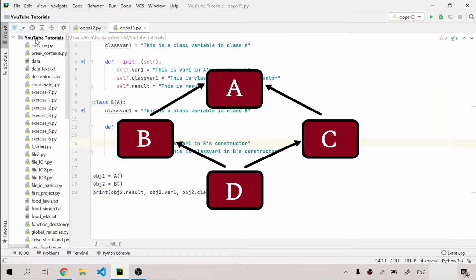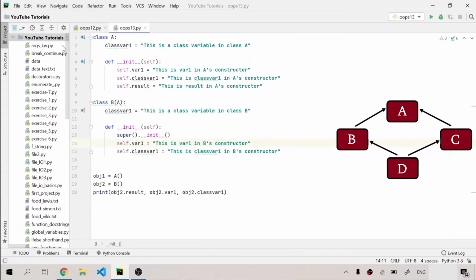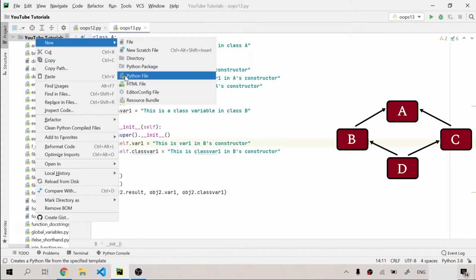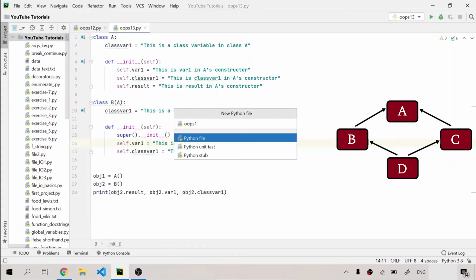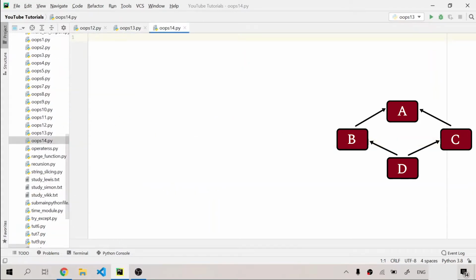So we are going to solve this diamond shape problem in Python, and I'm going to make a new Python file right here in order to do that, and I'll name this Python file oops14. We had talked about multiple inheritance, and in many languages like C++, multiple inheritance is possible, but there are other languages like Java where multiple inheritance is not possible.